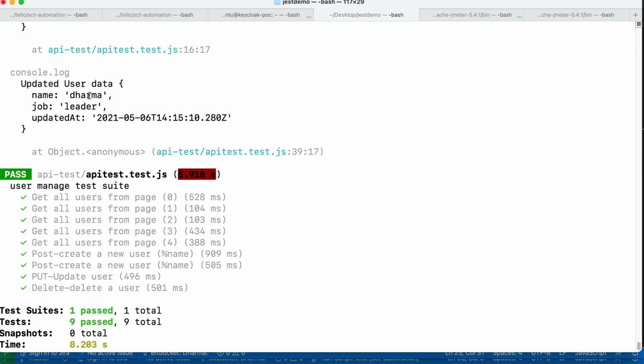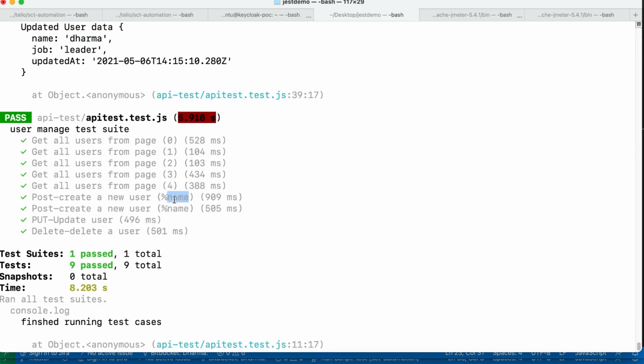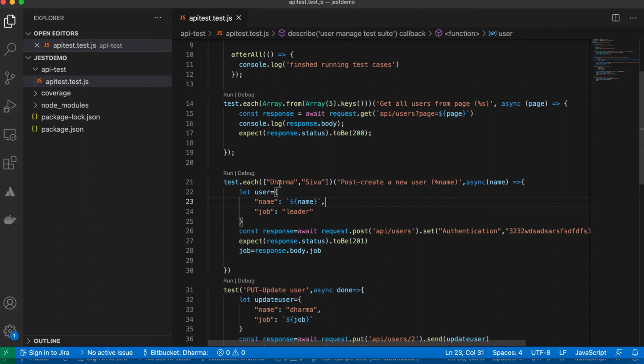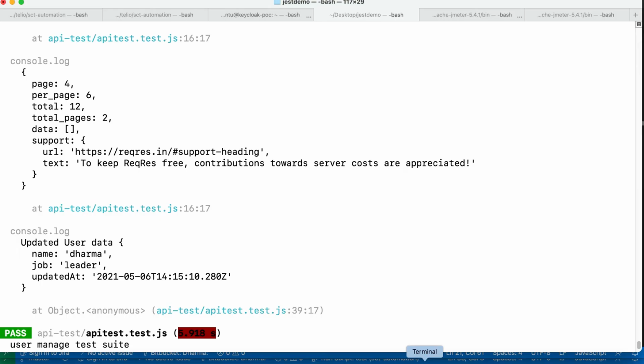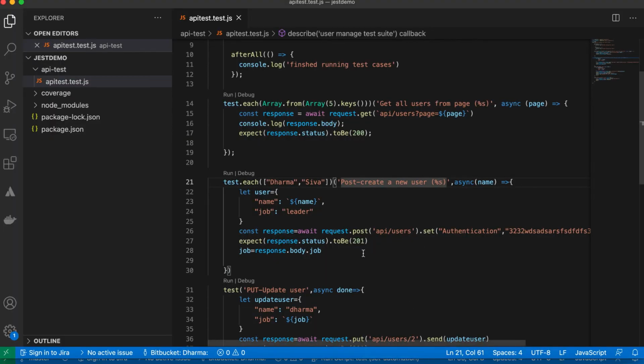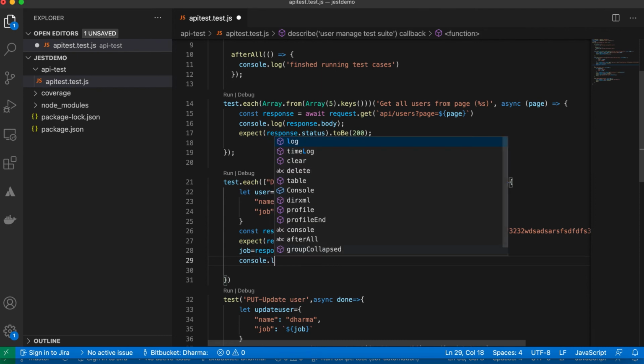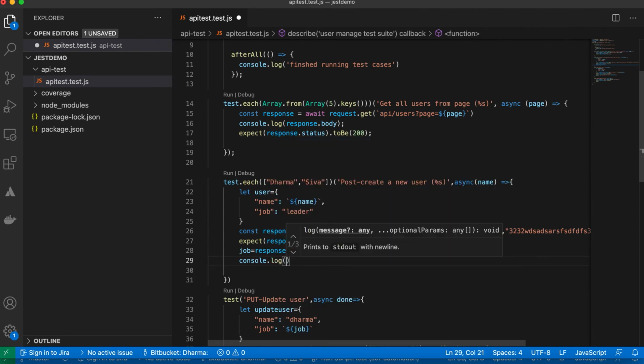So 4 5 updated, it shows. Okay, maybe it did fetch. Okay, fine. Let's see why it is coming like this. If you want to see the response of this, better we can print console.log response.body.